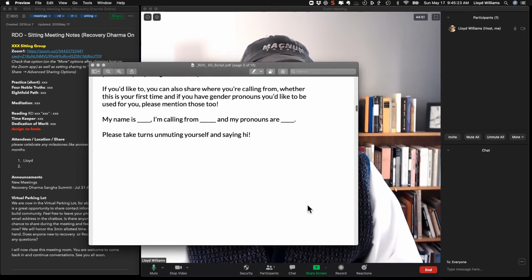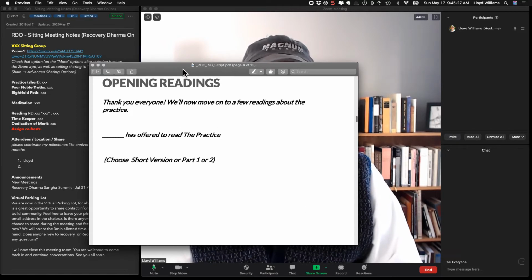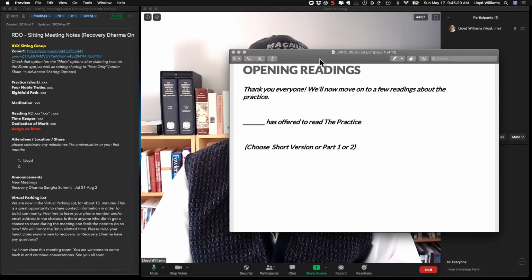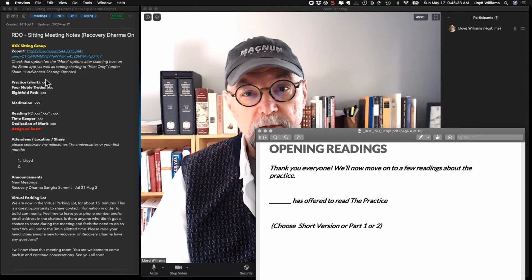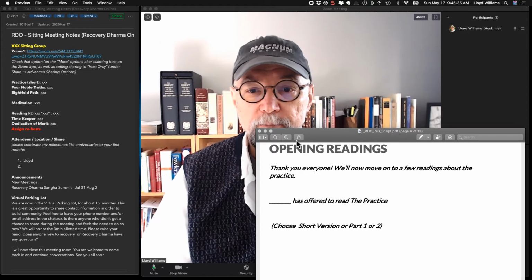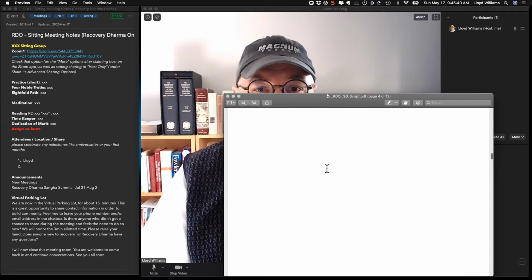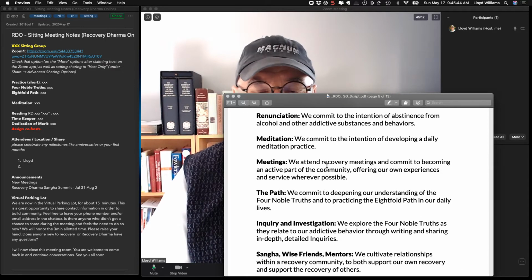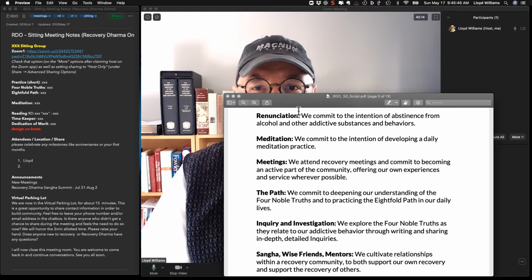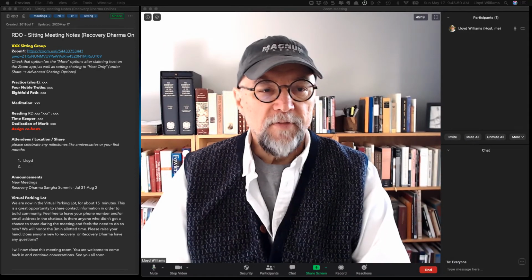At that point, we go into the readings themselves. The readings have already been assigned earlier in the script. So in the template, I've got who's going to be reading the practice. I very quickly scroll up, get the practice on screen. We do the short press, so I roll it up here so we can see the renunciation. And I'm going to move this down so we can show it to you live how it works. At this point,